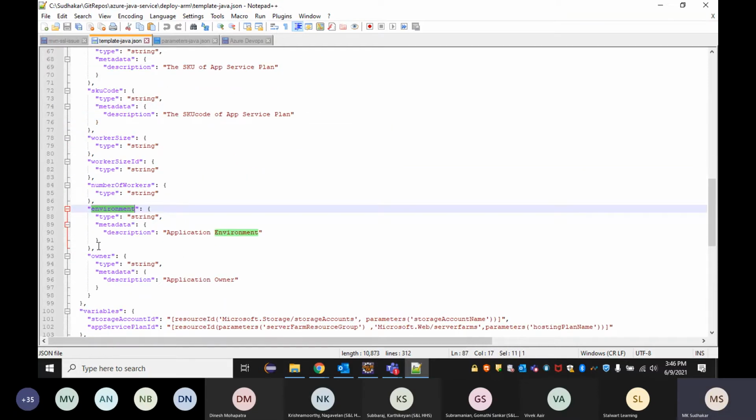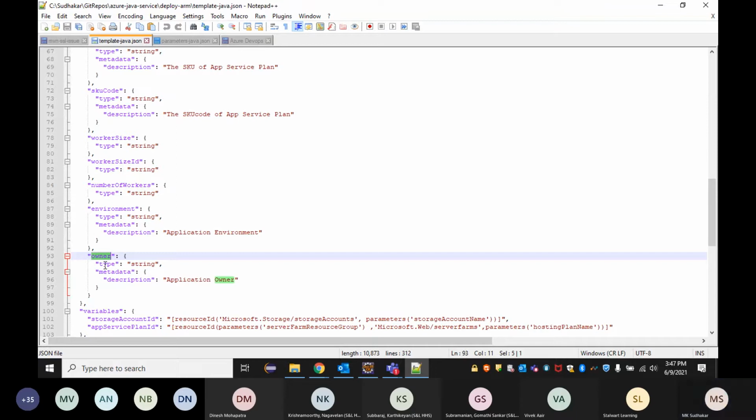I just added one more parameter required for me, because which environment I'm going to deploy to is also required for me, the application environment. So I just added this extra parameter for my setup, which is environment, and who is the owner for this. This is one of the best practices to be followed, because when we are deploying, we need to know which environment it is, and who is the product owner for this, right? Because in one organization there will be multiple product owners for the same product.